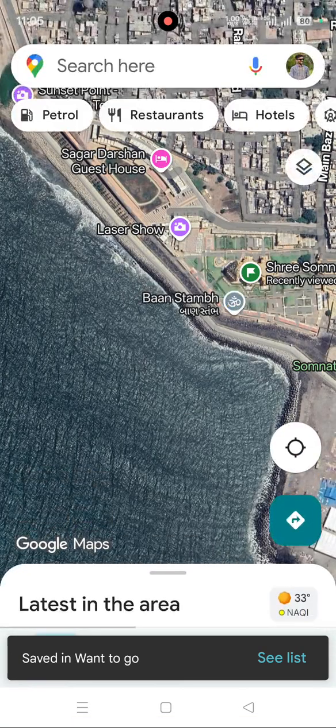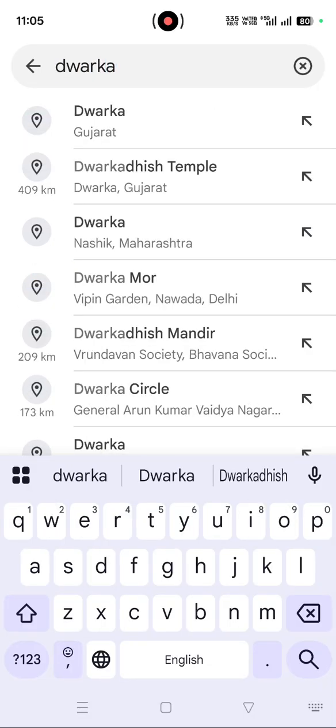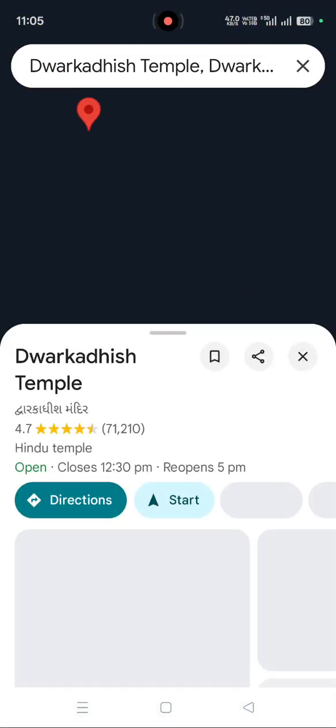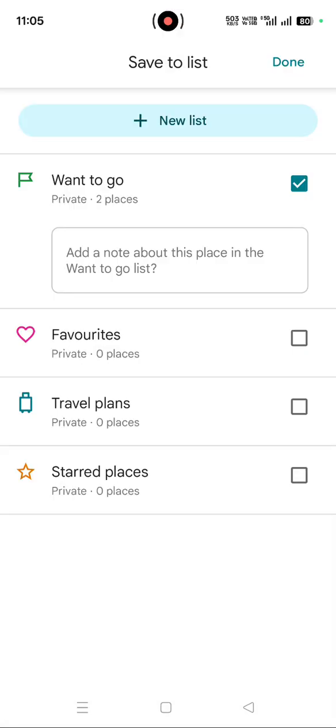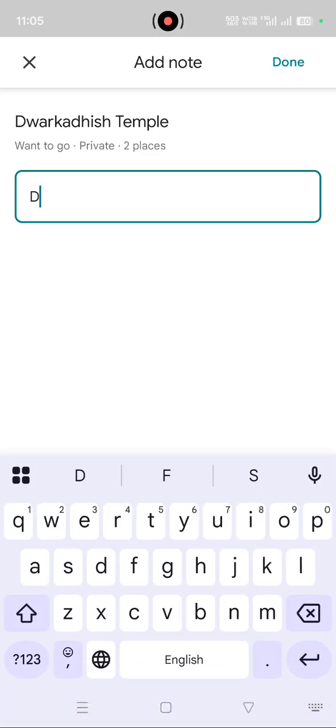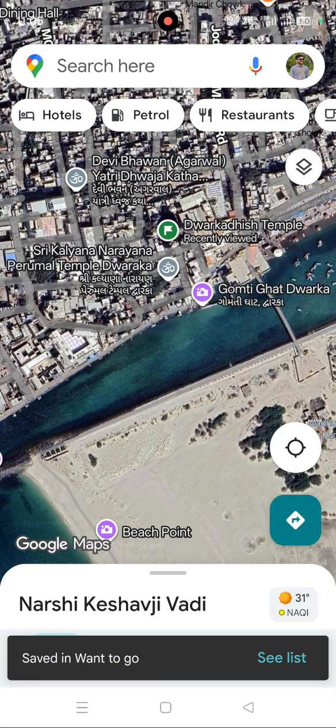These I have added. The second one is Dwarka Dwarkadhish Temple. I type Dwarkadhish Temple. Done. Close it. The third one is